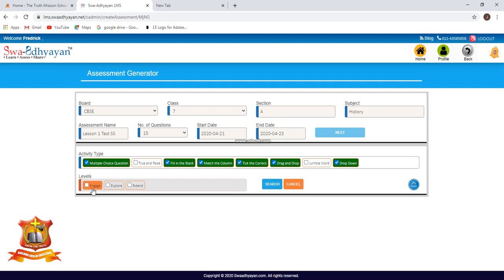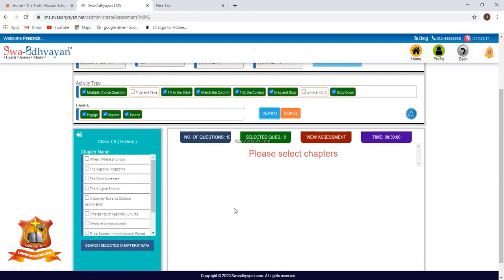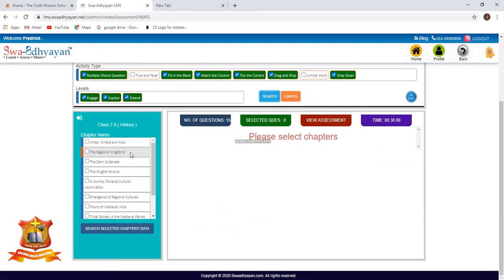I am selecting all 3 levels. This is the least tough, and this is the toughest level. Then I go for search. When you go for search, it will ask which chapter you want. I am going to select the first lesson and click search selected chapters data.